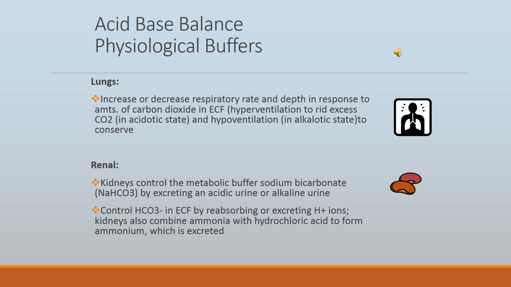The lungs help regulate the acid component of the pH balance. So pretty much the lungs are associated with the CO2. How do the lungs help? Well, they either increase or decrease the rate of breathing. So they'll either breathe slower or deeper in response to the pH. Okay? So that is pretty much how the lungs compensate.